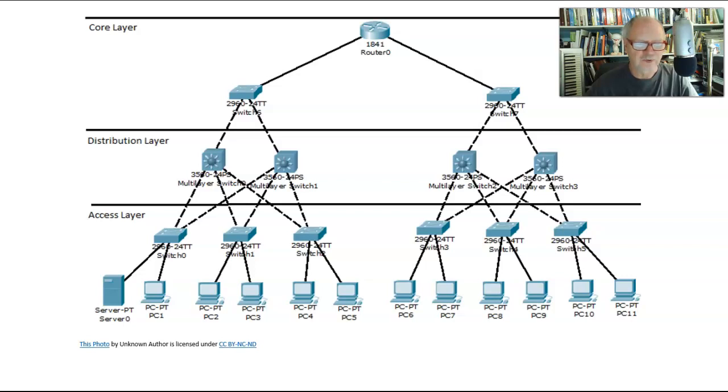You're looking at a typical hierarchy of switches in two networks here, one on each side of the router. And you notice we have lots of redundant links in here. That's a good thing. That way, if a link or a port goes out, then there's an alternate path to get pretty much everywhere here.